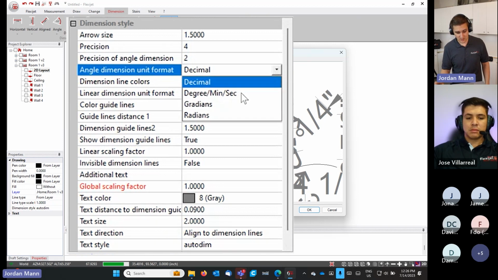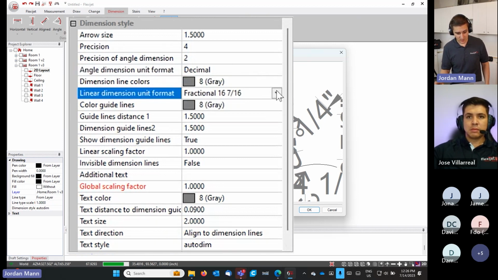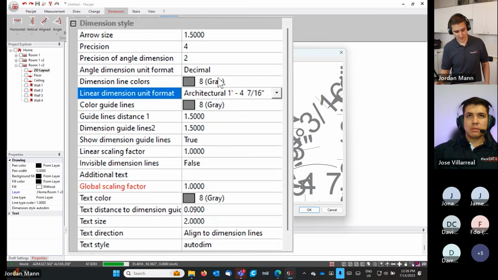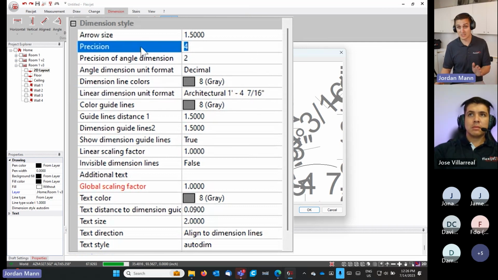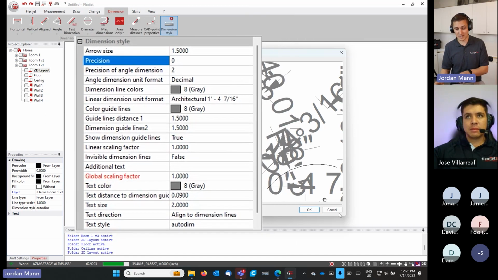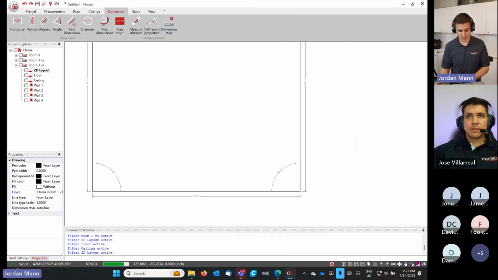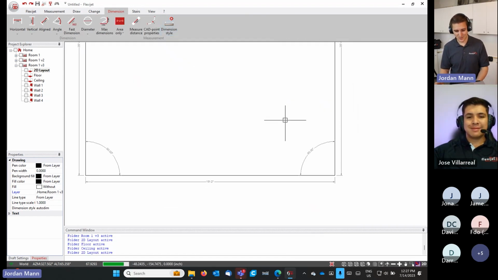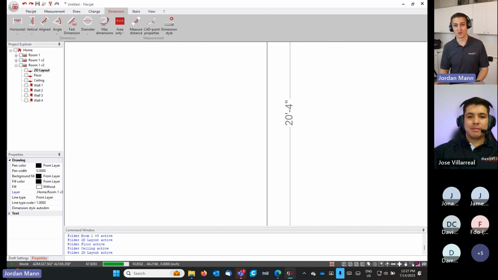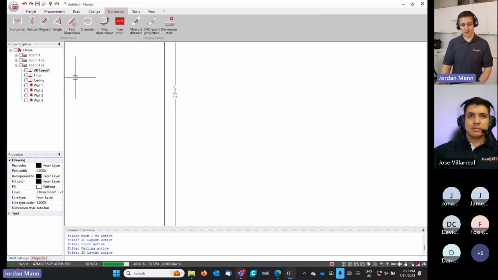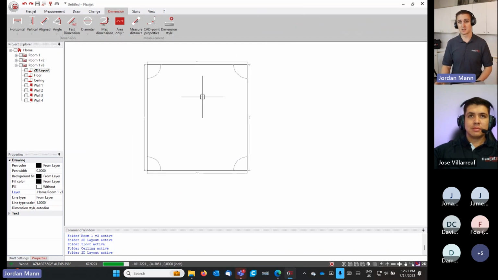And wouldn't you know, there's a dimension style here called architectural, and we're going to change the precision of this. This is number of decimal points. After that, we're going to say 0 decimal points. I want 0 decimals. I don't want any fractions here. Show me 19 feet 2 inches, and here we got 20 feet 4 inches. We're in shape there. So you've got the control to display this how you want, and make these,